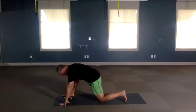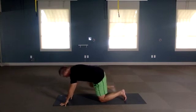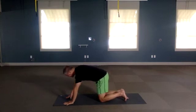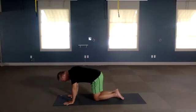And then release. Shift your weight back a bit and take your right leg back next to your left, coming back onto your hands and your knees. Good. So now walking your legs together. So instead of the toe crunch, we'll take the